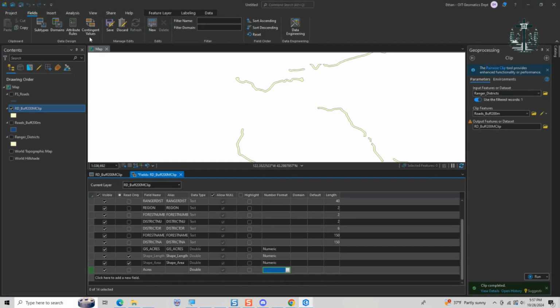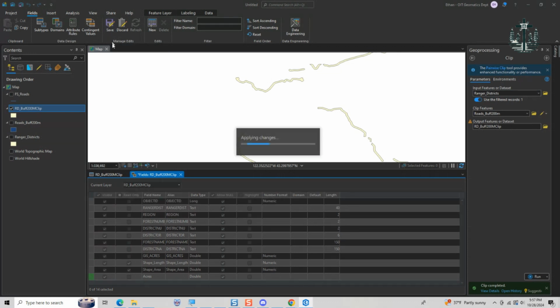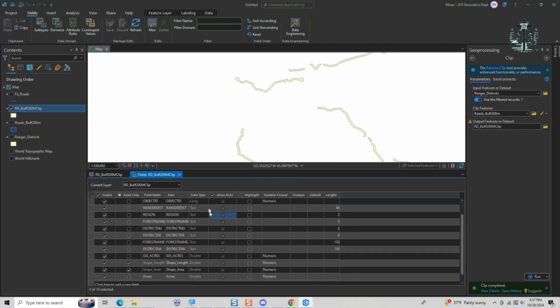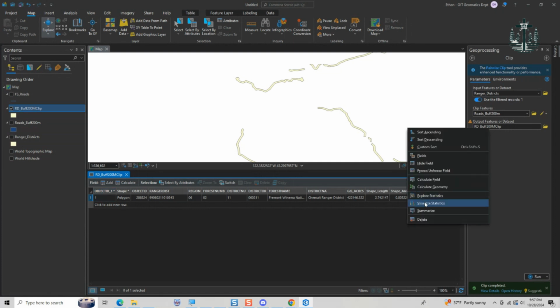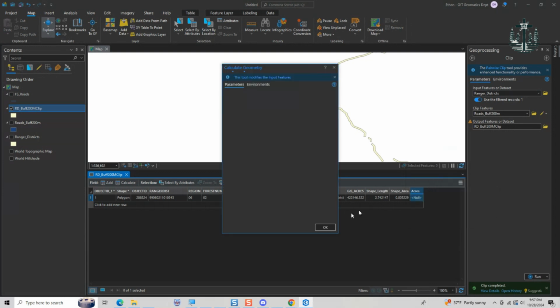And so then we go up here to fields. And up here we got to click save. And now if I close out of that view, the table view, you'll see now I've got this new field called acres, but it doesn't have anything in it because I haven't calculated the geometry. So I can right click on acres, calculate geometry,